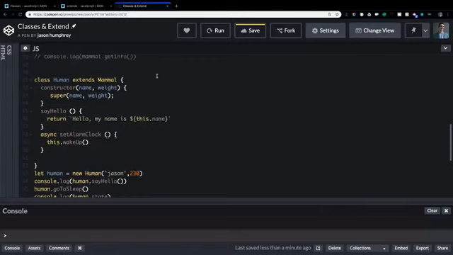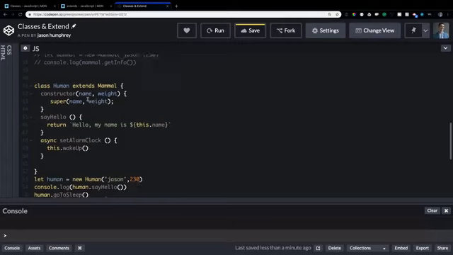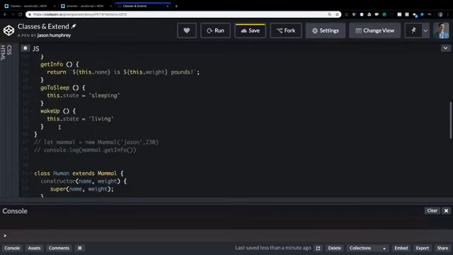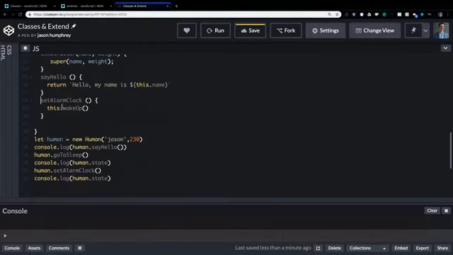So now we're able to extend this as a human. Instead of creating a name, weight, and all this good stuff again, and knowing if they're awake or sleeping, I can now extend the mammal class and know that, hey, I still need a name and weight. I'll pass that right to the mammal, which is whenever you see the word super. But I do have the ability now, I don't need the actual async. I do have the ability now to